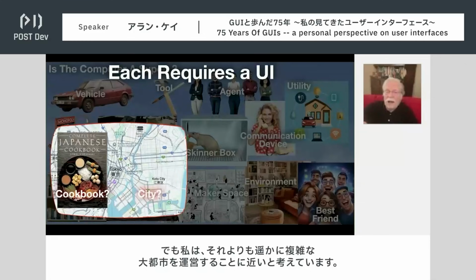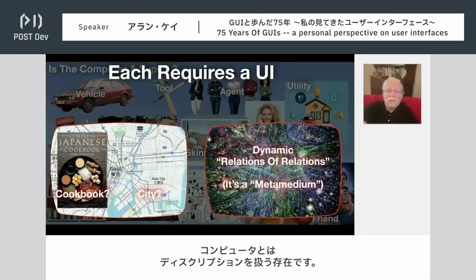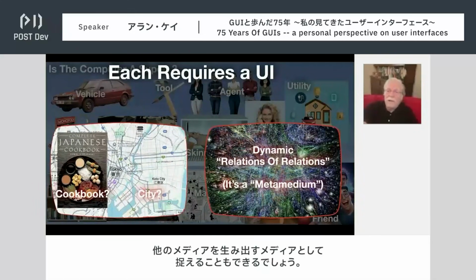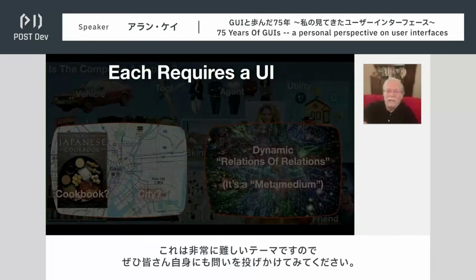I think it's more like trying to run a very large city. It's much more complicated. And finally, there's the essence of the computer itself, which is something that deals with descriptions, and we can think of it as like a meta-medium. It's a medium that makes other media. And so this is a very difficult thing indeed.